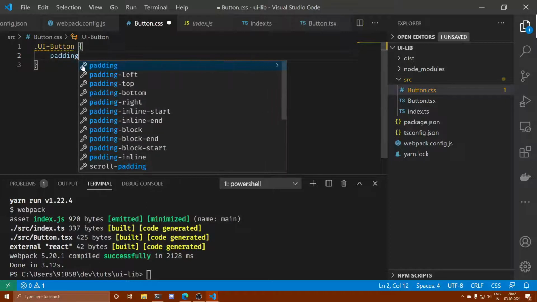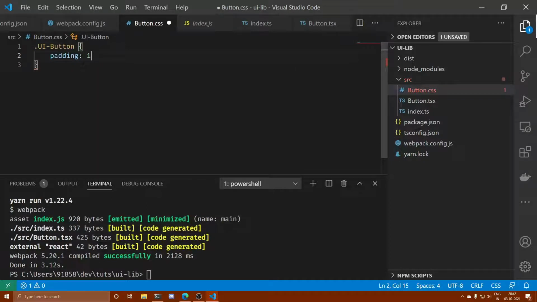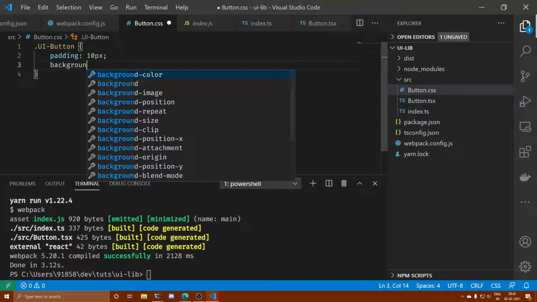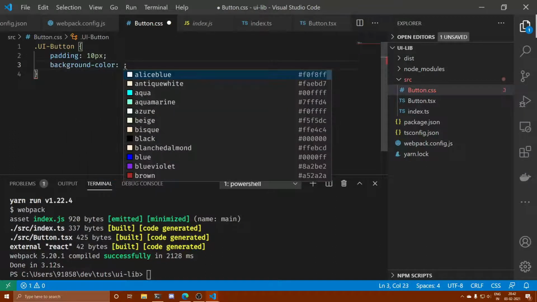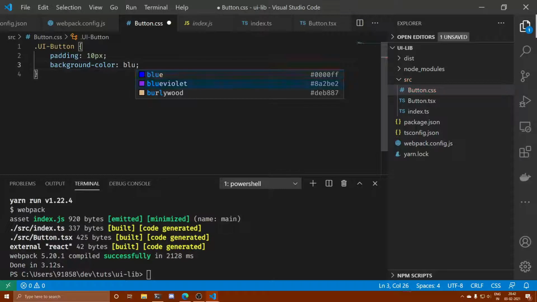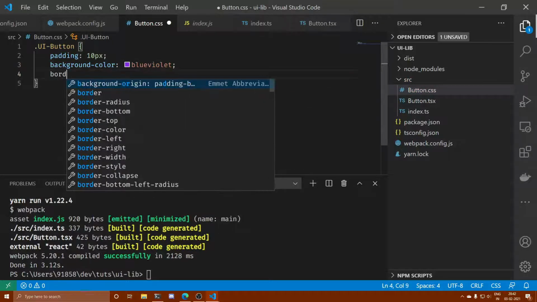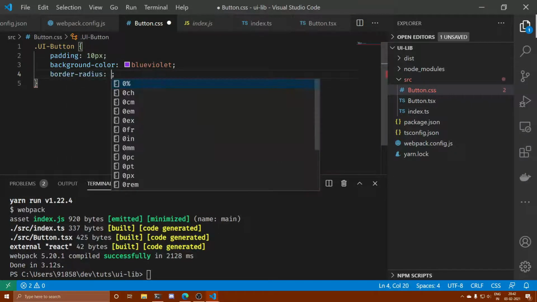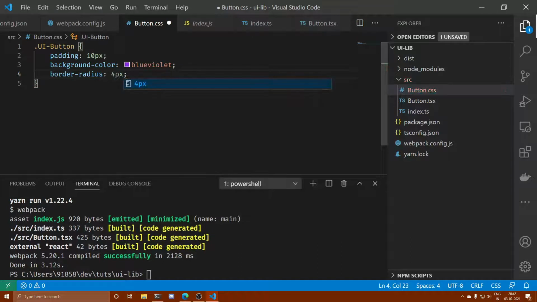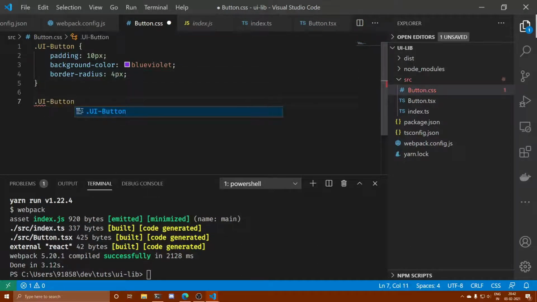Okay, and then we are going to style it, .ui-button. The padding is going to be 10px. The background color is going to be blueviolet, and the border radius is going to be 4 pixels, and we are also going to set the hover state.